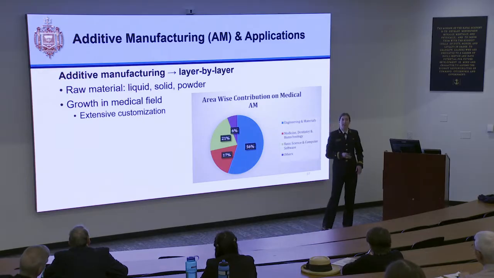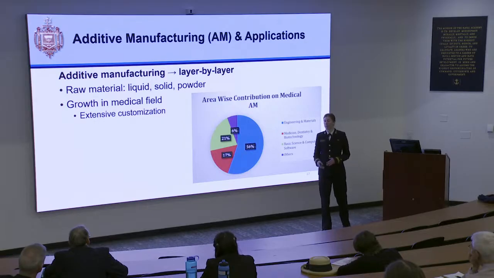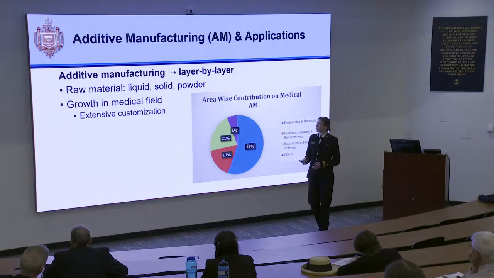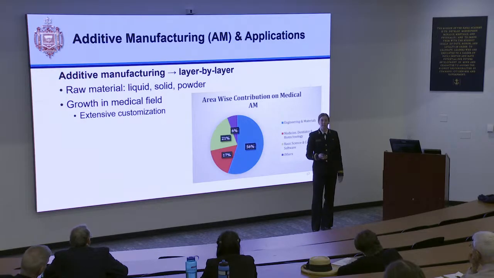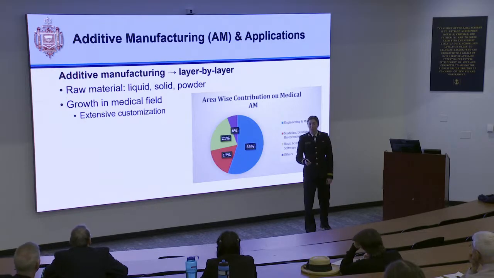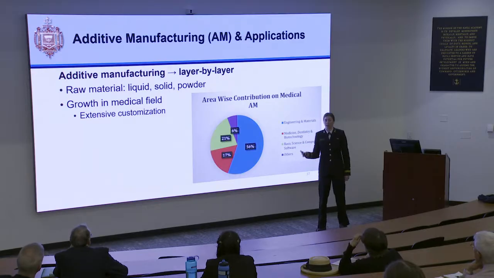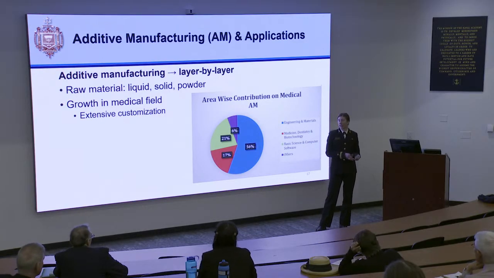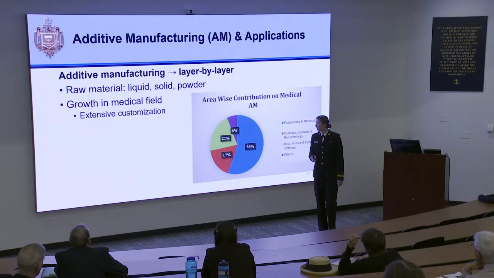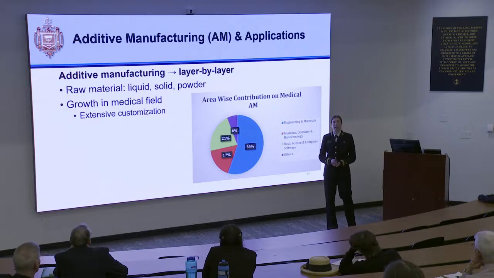Now switching gears to the engineering side of my project is additive manufacturing, which is a layer-by-layer method of creating a product. This product can be made from liquid, solid, or powder material. In my project, we use a solid filament. Additive manufacturing has really taken off in the past few years because of its ability to customize products. Especially for the medical field, we can customize a product to be geared towards a specific patient. Additive manufacturing has also been seen in other industries, such as biotechnology and computer software.